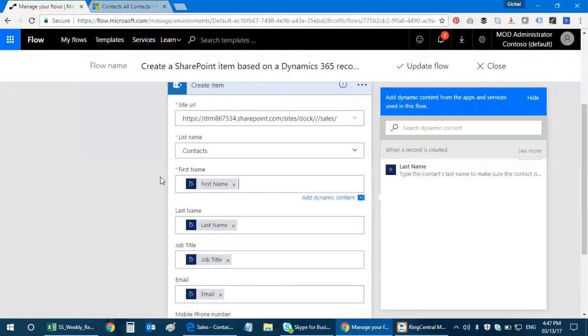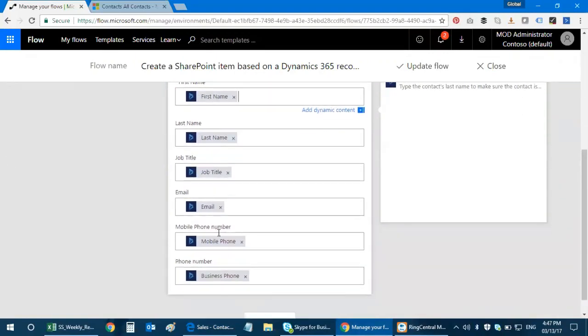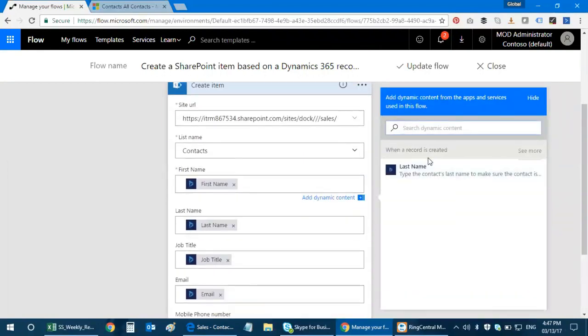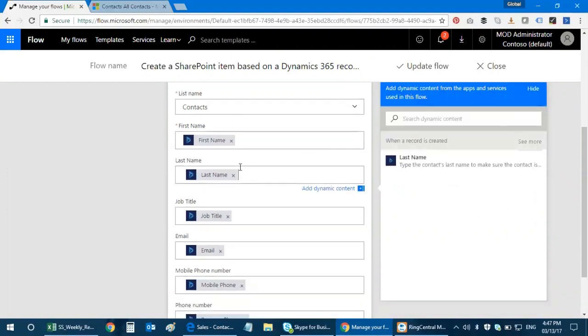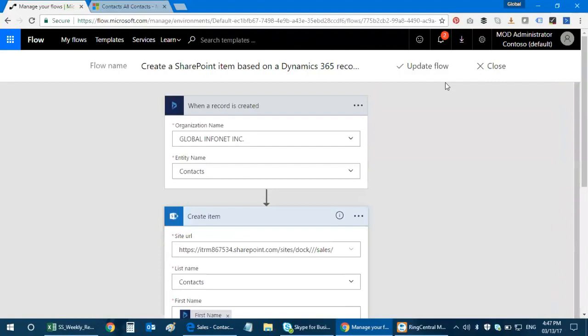The first thing is the first name, last name, job title, email, mobile phone number, and phone number. So I search for first name, and it shows over here, right? I just have to click here, and then I can populate all the mapped fields that I require. The information has to flow from my Dynamics 365 contact to my SharePoint contact list. So I define all these, and then I click on